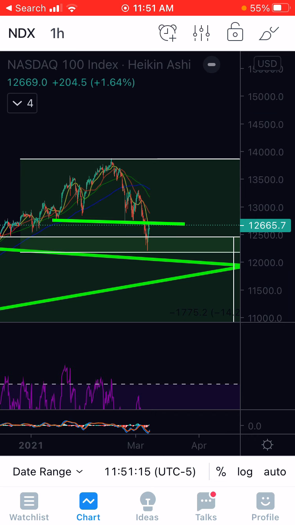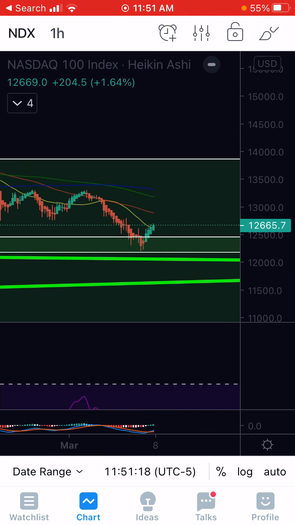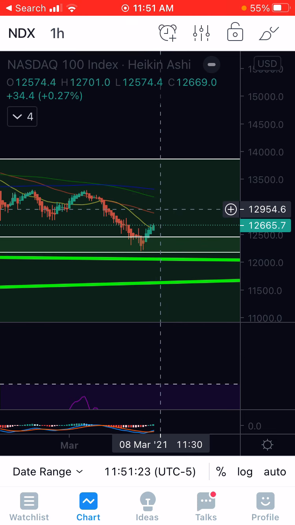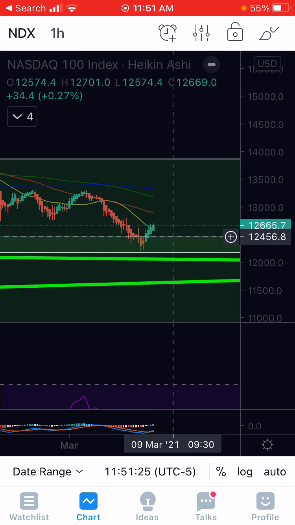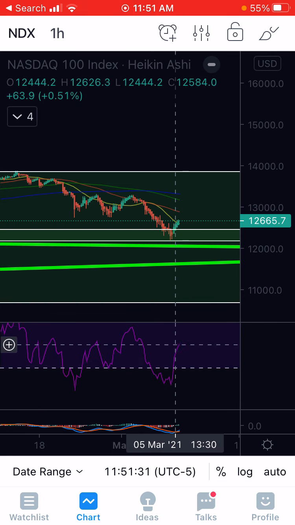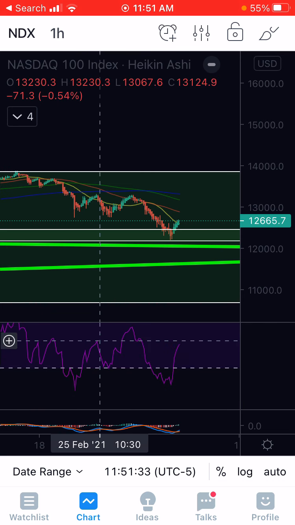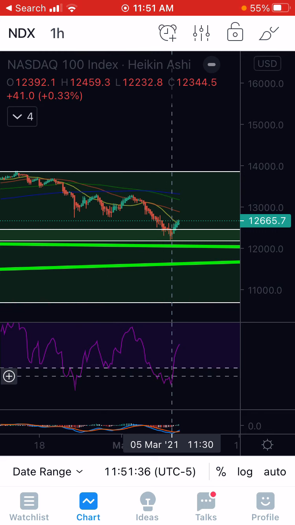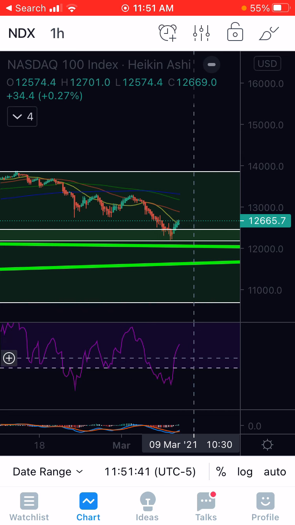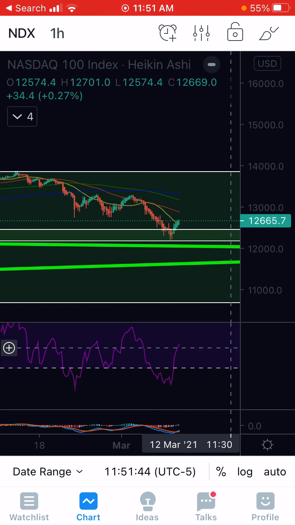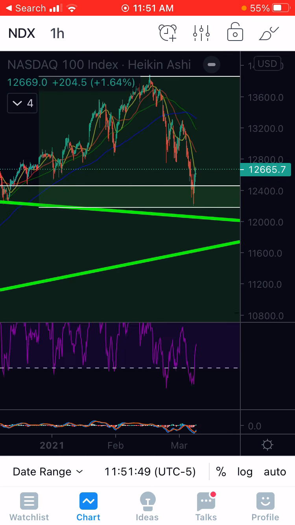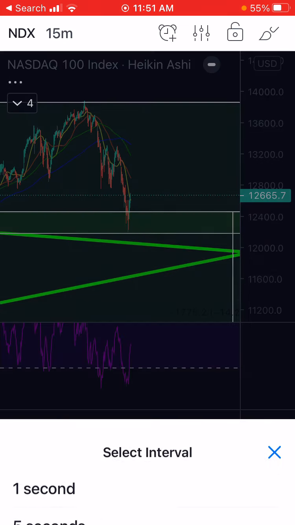But I am looking for either this was our bounce and we come back down, or we break up here, get resistance at 13, and then come back down here. It's a little bit too soon to say, but obviously you can see here that this on the hourly looks like a left shoulder, a head, maybe a right shoulder, maybe. Or we round over, double bottom, and come up. So we definitely have to see what's going to go on here.